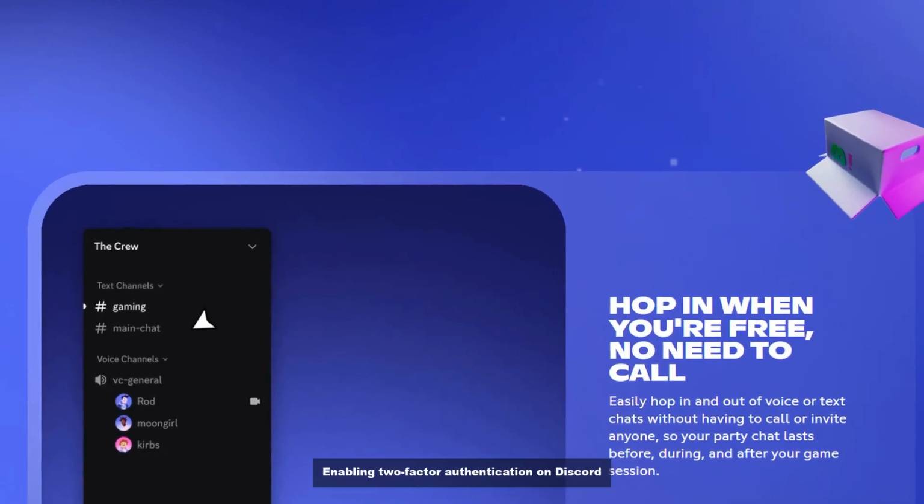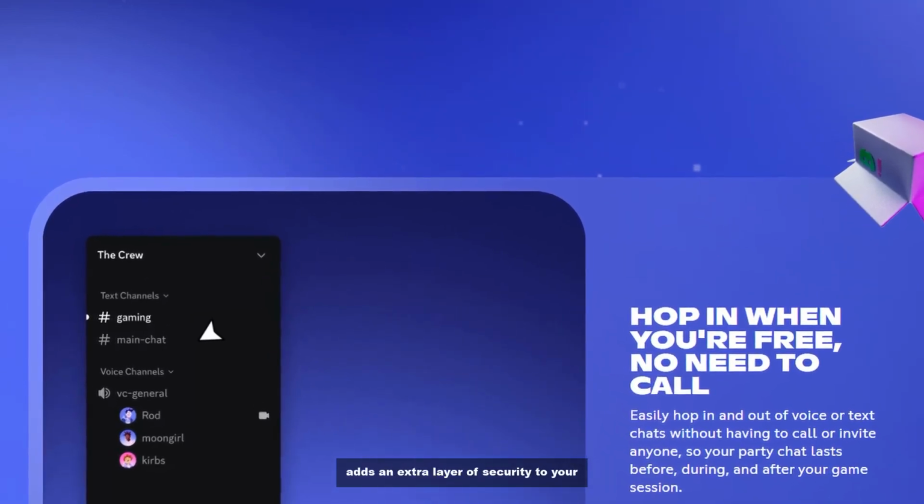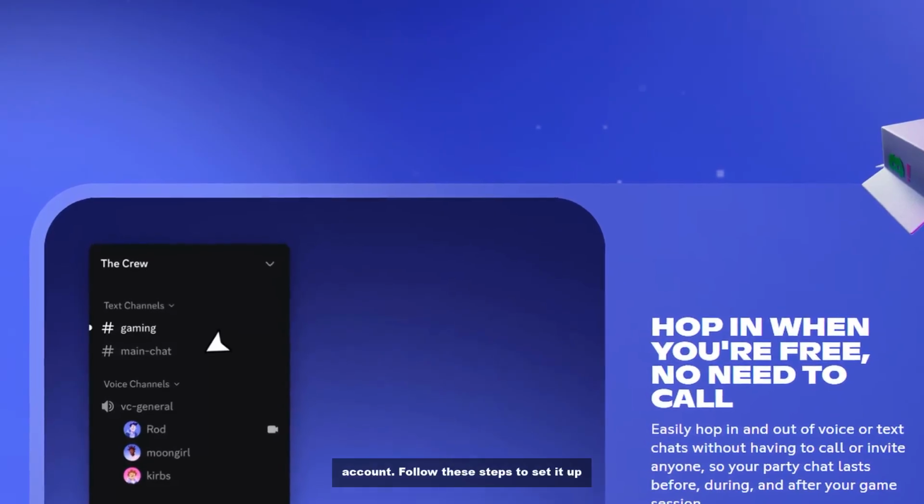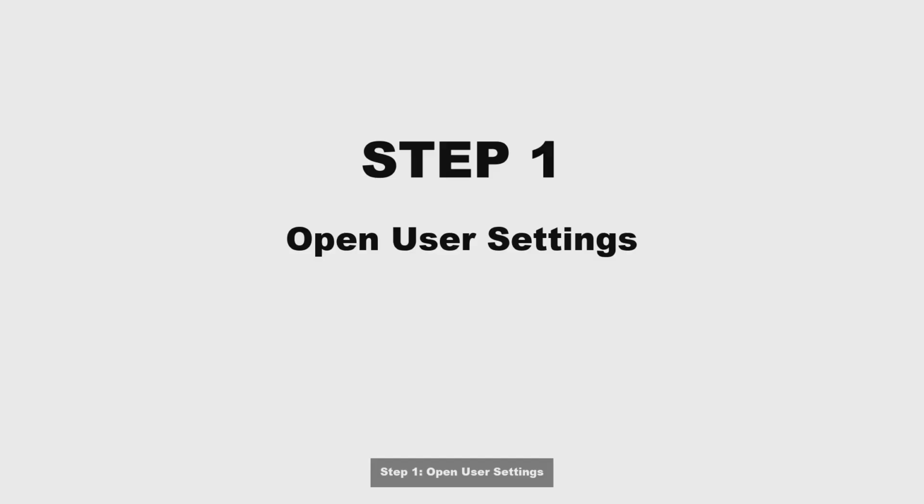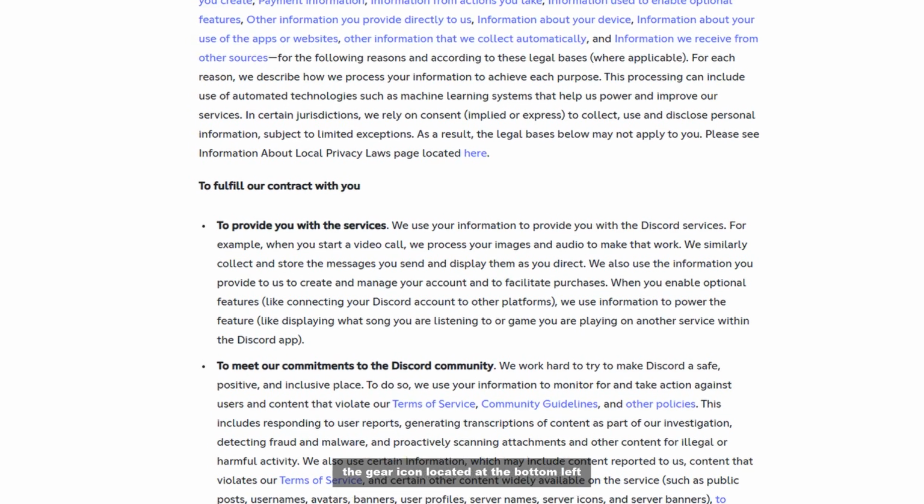Enabling two-factor authentication on Discord adds an extra layer of security to your account. Follow these steps to set it up effectively. Step 1. Open user settings. Log into your Discord account and click on the gear icon located at the bottom left corner of the screen